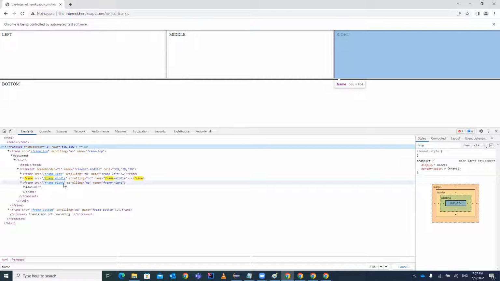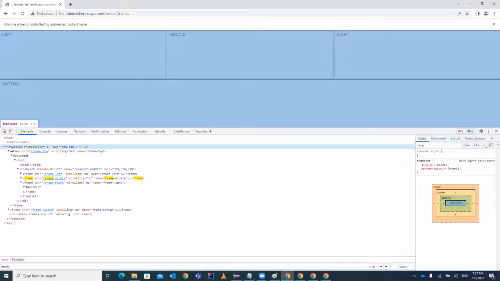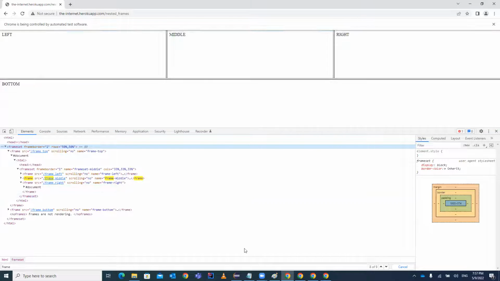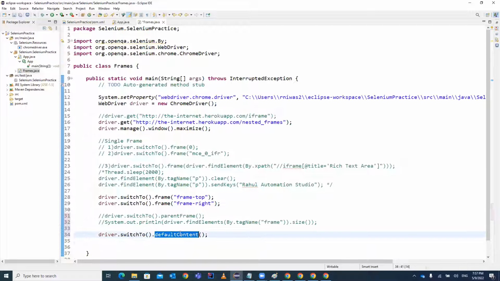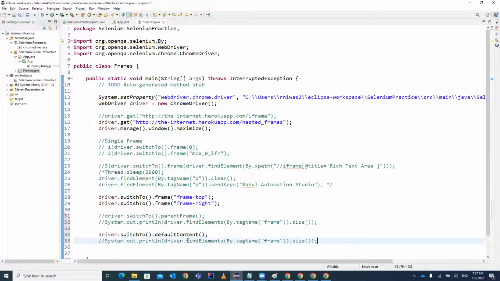But if you are using defaultContent, it will switch you to the zeroth level, I mean to say the topmost level in your HTML, right guys? Outside of all the frames, it means outside of all the frames, guys. So for that you have to use the defaultContent method. So let's see whether it is working properly or not. For that we will again display the size, the count of the frames. So this time, if you will see, guys,